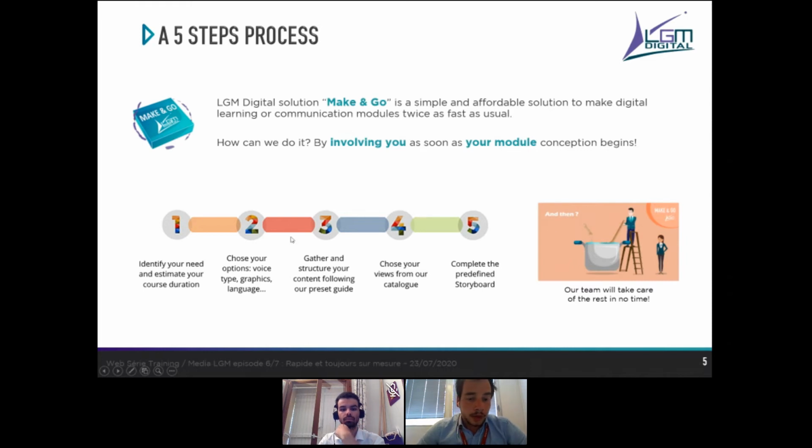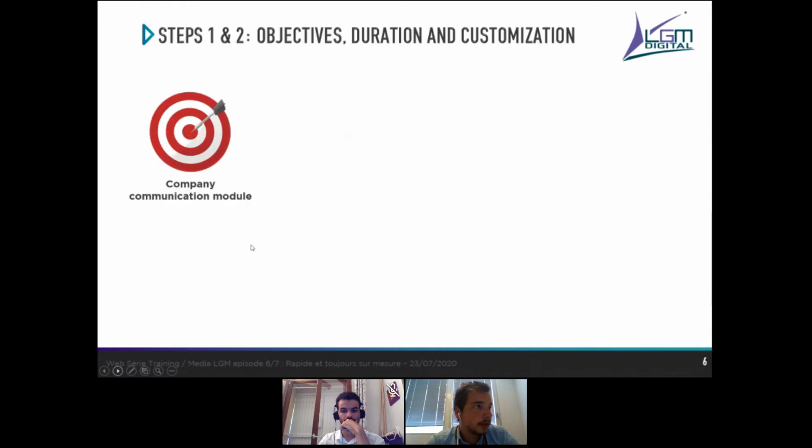So for the 5 phases, it's basically working with our clients, with the help of the LGM team, to be able to create the storyboard that we will use to create the e-learning. So let's go through all the 5 phases. So the first one, as I said, is about